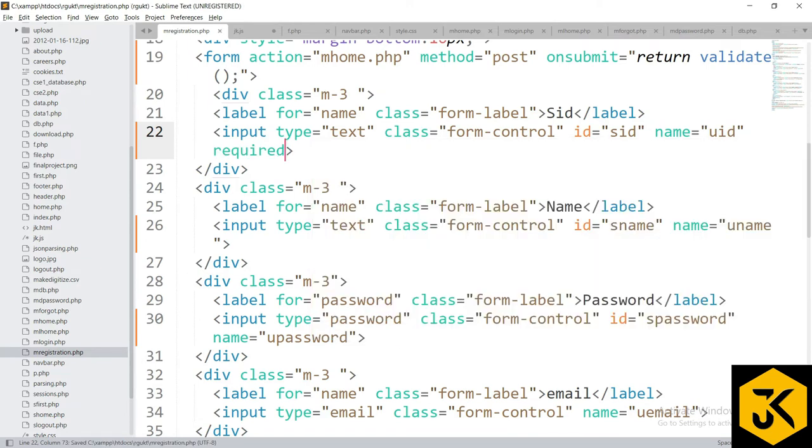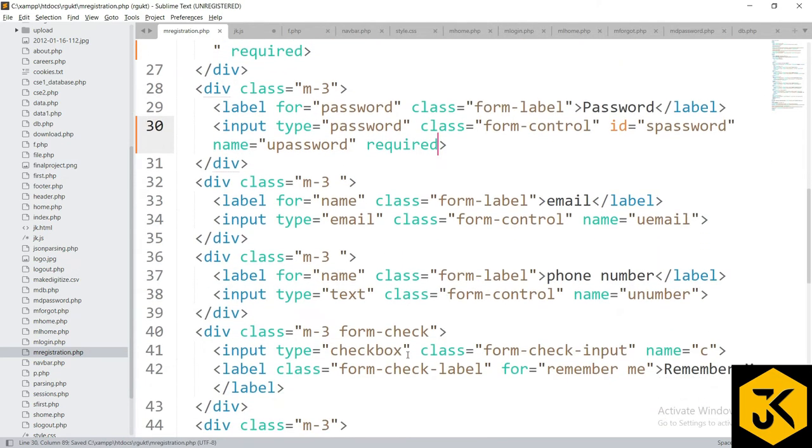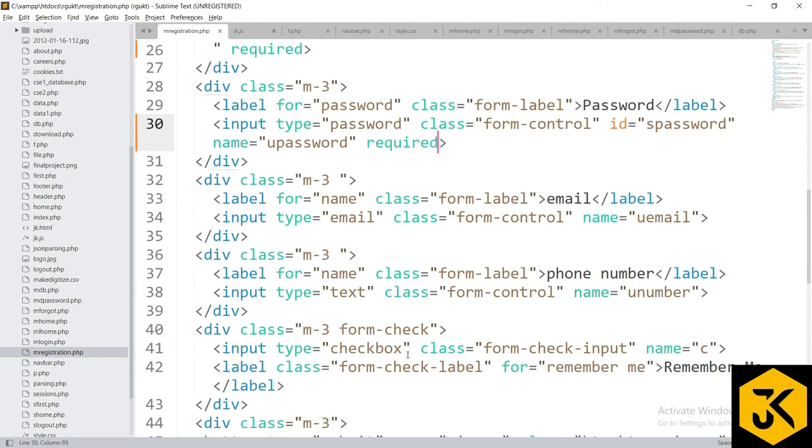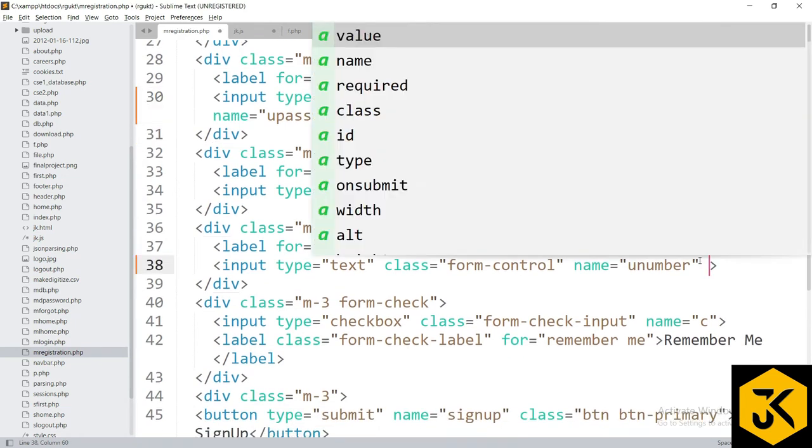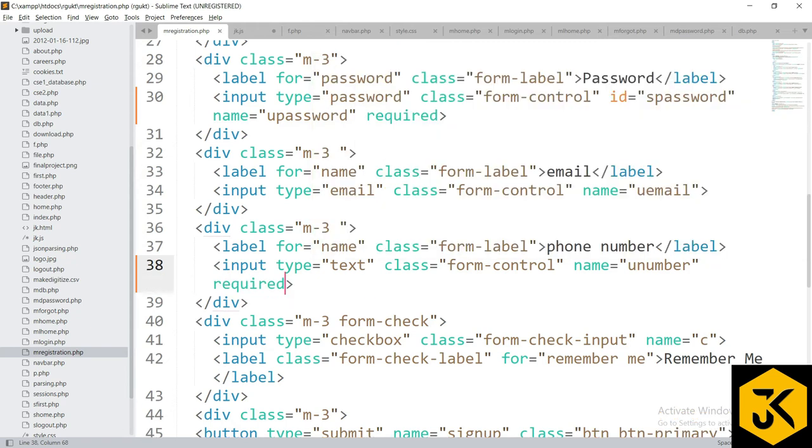If you are not using the required keyword and you try to submit, what will happen? It is going to be submitted even though you are writing JavaScript validation. So that's why you have to make compulsory use of required. This should be required, and password also should be required, and email is anyway going to be asked for @gmail.com validation, and phone number should have a minimum something required, and for phone number